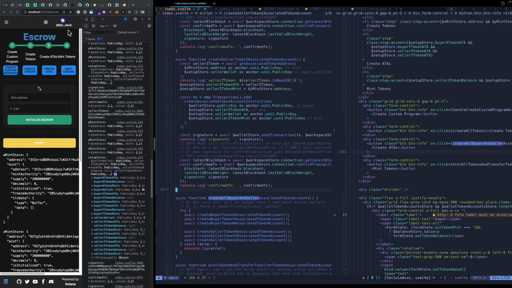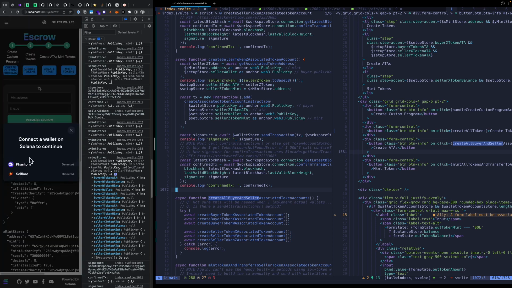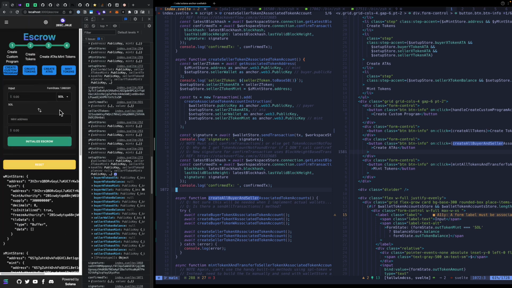In a normal situation, the user would come in, hit this, and they would need to connect their wallet, so they wouldn't see all this junk behind for setup. So when I connect a wallet, they'll have a UI like this, where it shows a little swap form. And yeah, sure enough, I've got SOL, and then I have 3 mints,